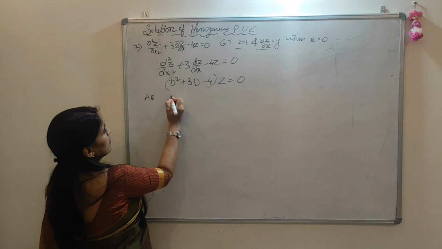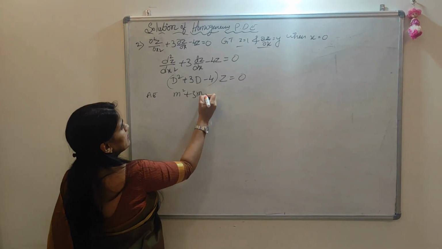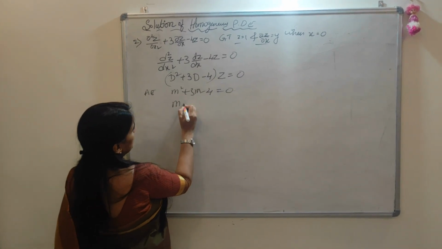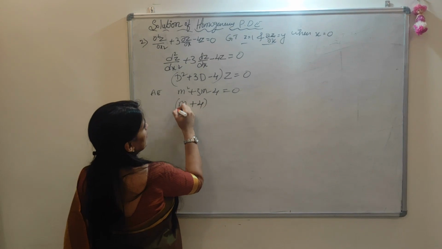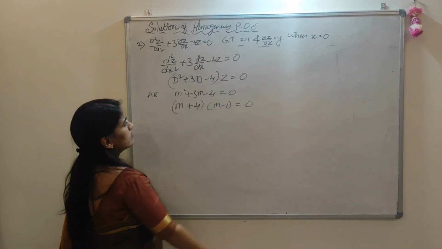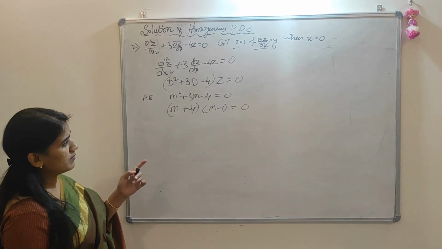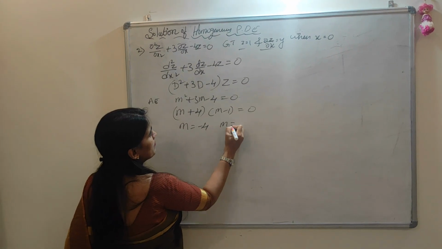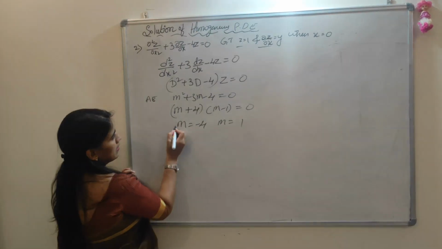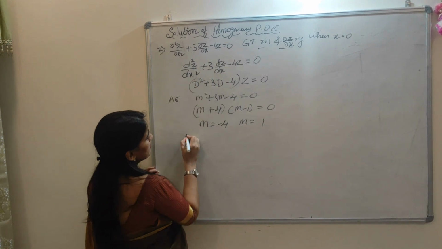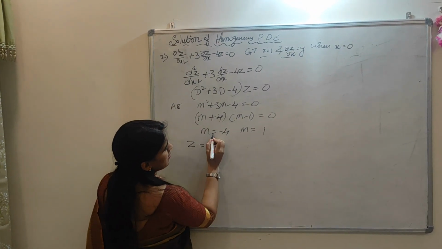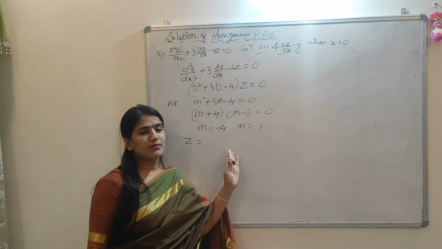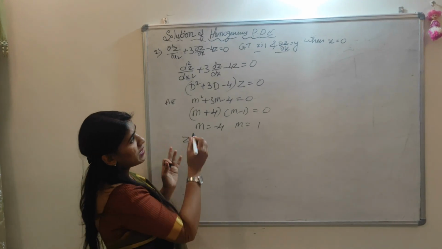So the auxiliary equation is m² + 3m − 4 = 0. It is factorizable: (m + 4)(m − 1) = 0, since +4m − 1m is +3m. So m is −4 and m is equal to +1. So z is a function of x, and the solution is z = c1 e^(−4x) + c2 e^(1x). Otherwise, since we are doing a partial differential equation,